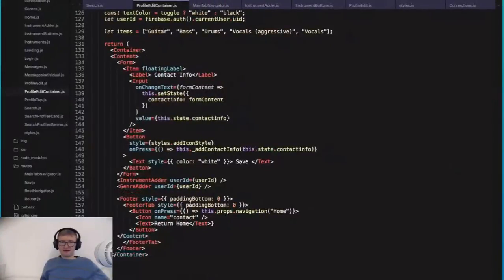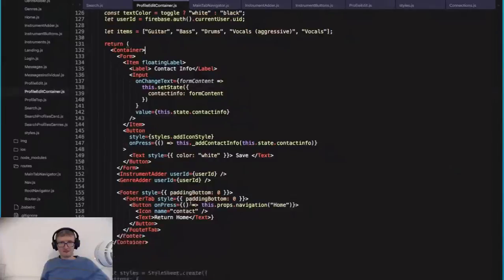Yeah, their footer in their documentation doesn't have anything like that. But it's also not on a phone with a notch, so it's hard to tell. I think I know what it is. Oh, okay. I think I'm doing it in the wrong place. Because this is with the profile edit